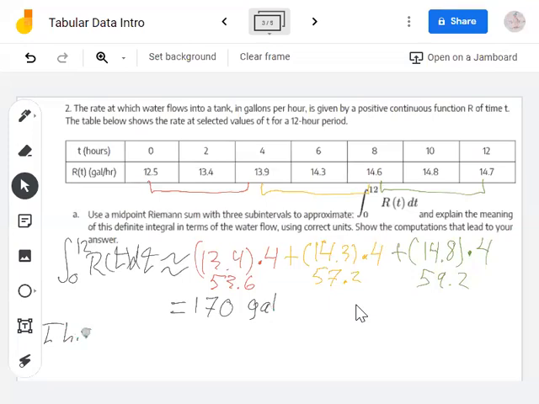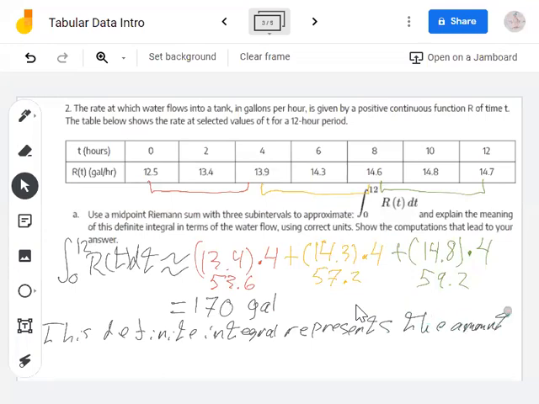Gallons, like gallons are with an L. This definite integral represents the amount of water that flowed into the tank